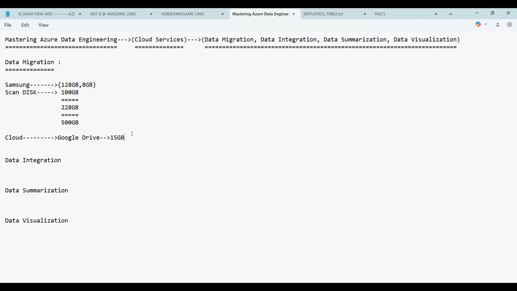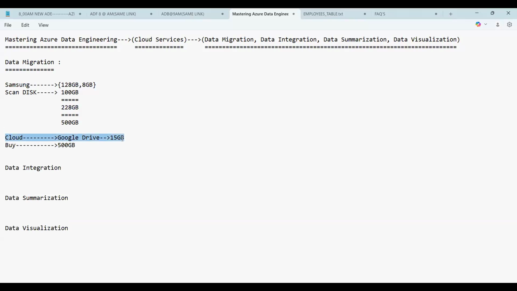So when you want to store 500 GB of data, simply you can buy the storage on the cloud. So we can say you can store 500 GB of data definitely on Google Drive. Now, the next question is, do you have any limitations for storing data onto the cloud? No, there are no limitations. Sky's the limit. You can store whatever volume of data you have or want, without hesitation. Simply the cost will increase. That is the only thing.